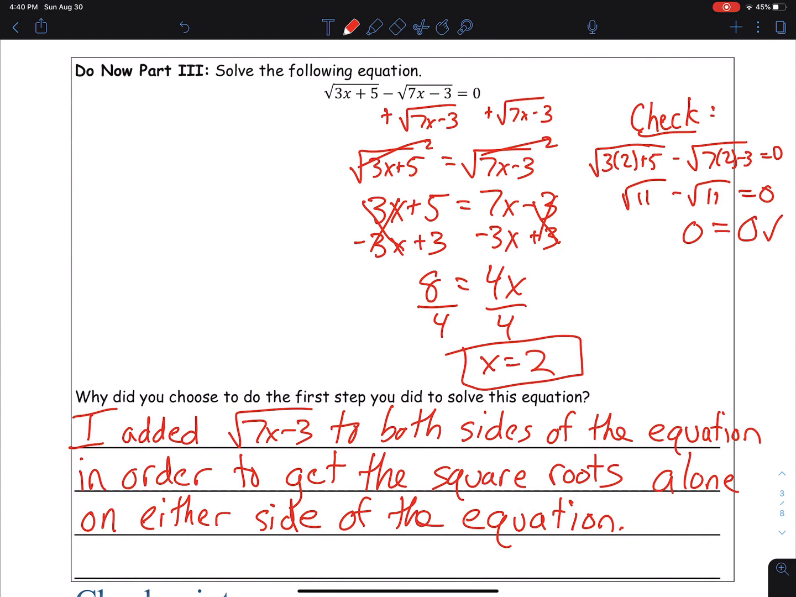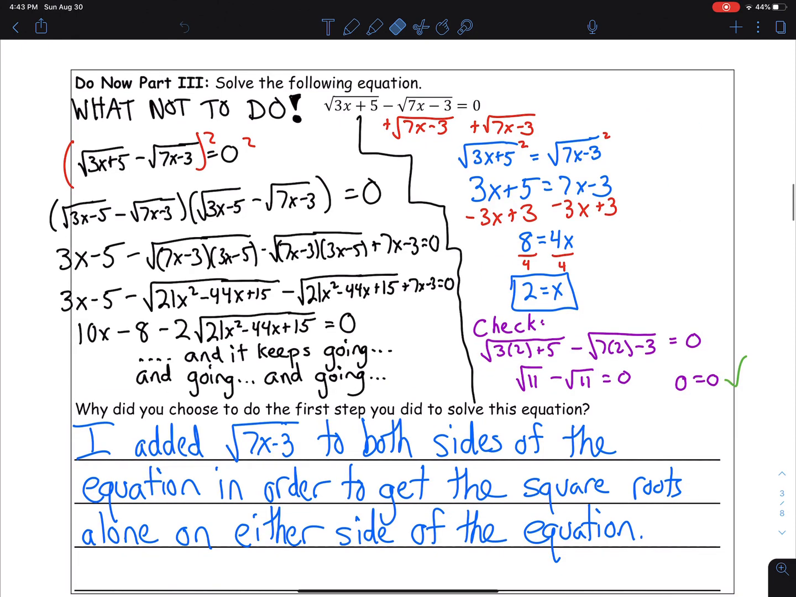So now I want to show you guys the incorrect way. Brace yourselves. It's going to look a little confusing because it's a lot of extra work and it doesn't really go anywhere. But I'm going to show it to you guys anyways so you understand why you can't just square both sides. So if you did square both sides of the equation first, you would have to,